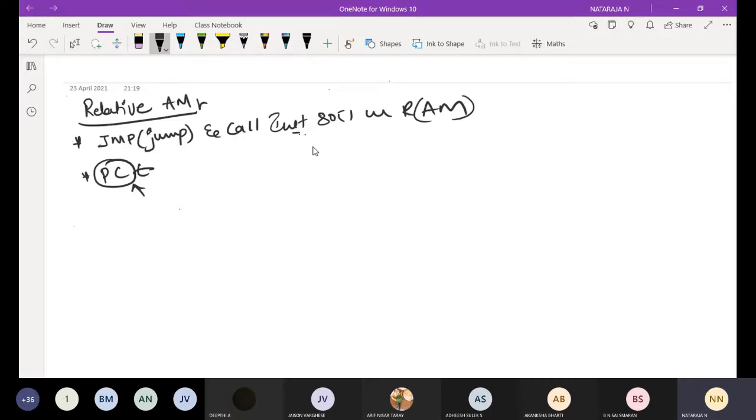And in the relative addressing mode, the target address, that is the new program address, is not directly specified. Directly we are not going to specify that address. We are going to consider it indirectly. The target address is relative to the value of the program counter. It is specified as a difference in bytes of the new address from the address of the program counter, called the offset address. By making use of the offset address, we find the new address: program counter plus offset gives the new program address.